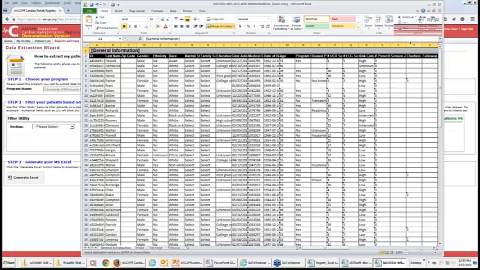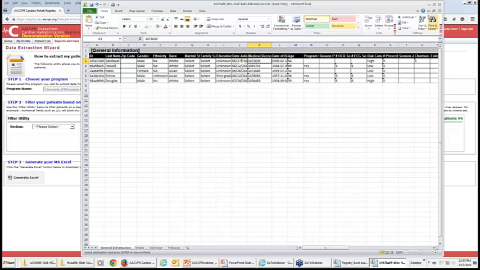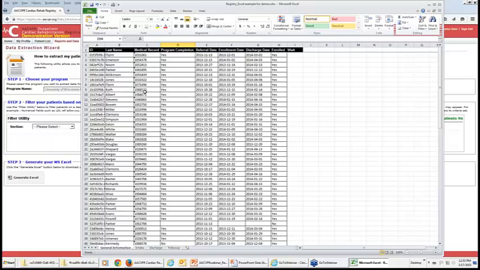And so what I'm going to do is show you a cleaned up version of this. So this is a cleaned up version. I usually keep the last name and medical record number, so if I do need to go back to the registry to look at a record, I can reference it. I'm also interested in their completion status and their enrollment status. And then if I want to do things like program durations or wait times, I'll keep the date columns.